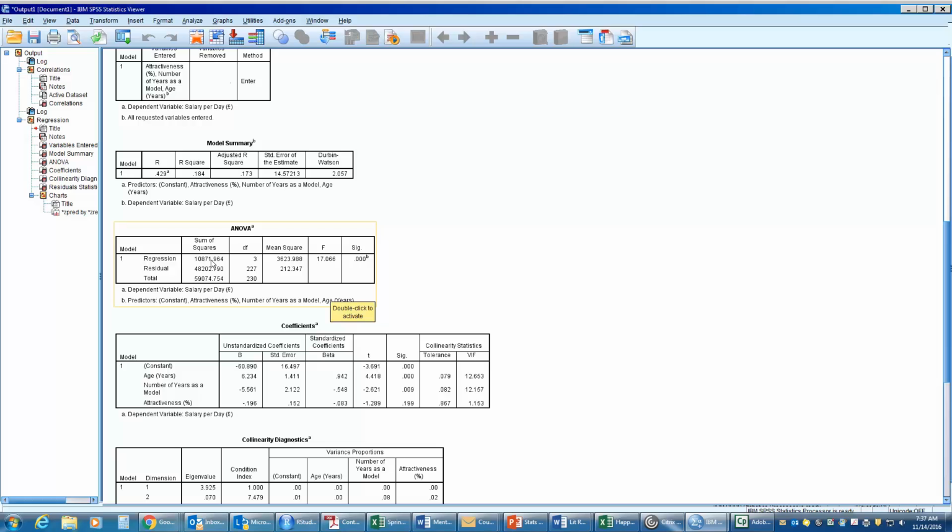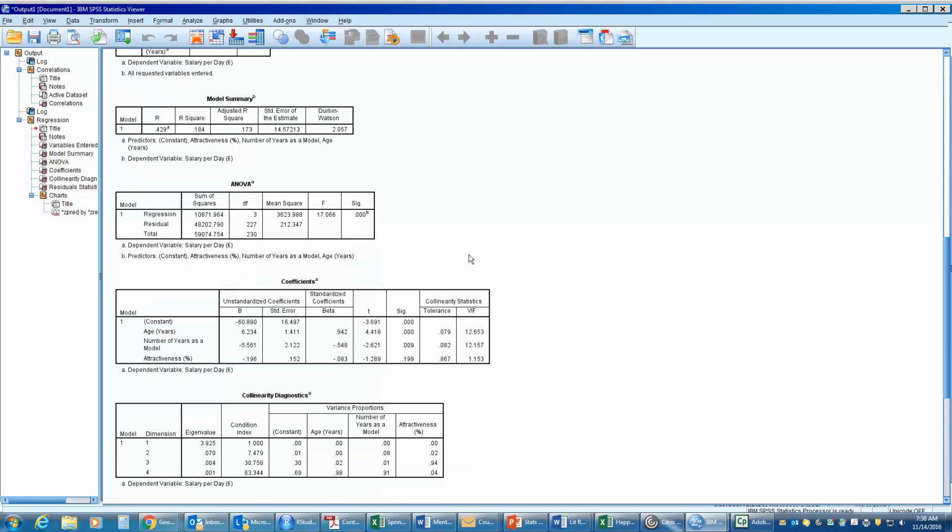If you take this value, the sum of squares of the regression, and divide it by 3, you will end up with the mean squares value. So 10,871 divided by 3 is this number here, and 48,202 divided by 227 is this value here. This divided by this gives you the F ratio, and this F ratio, 17.06, is significant. After we confirm that we have a significant model, the next thing we do is